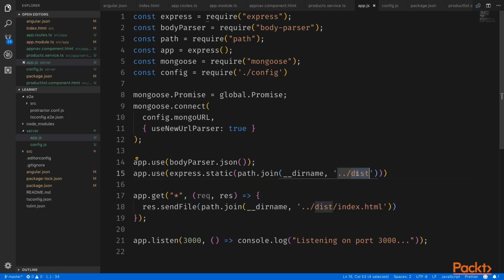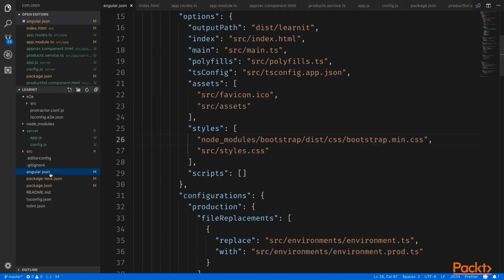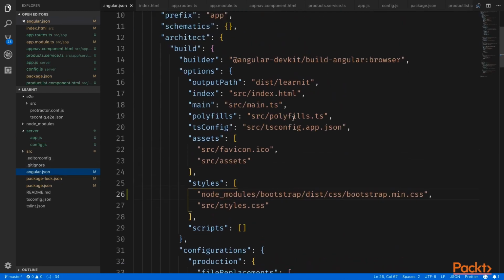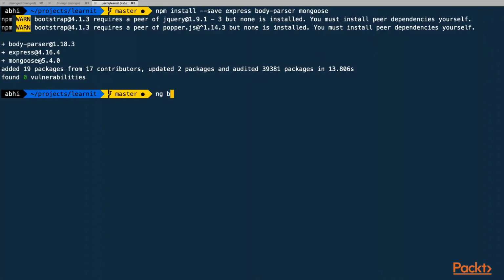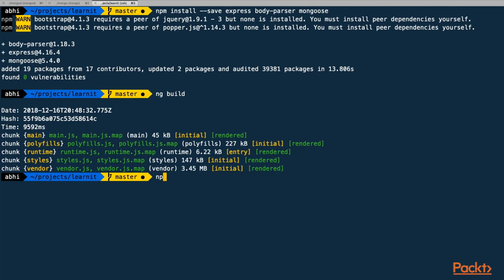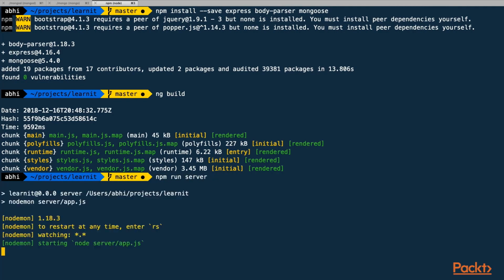Lastly, we want the dist folder. So to get that, we need to change the angular.json. Now if you see, our angular.json's output directory is dist and then the name of our project. I'll remove the name of the project, so it will just be a dist directory. Now I can do ng build to generate the dist folder, and then npm run server to run our server,